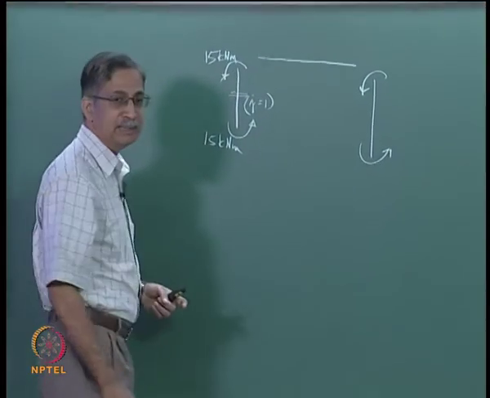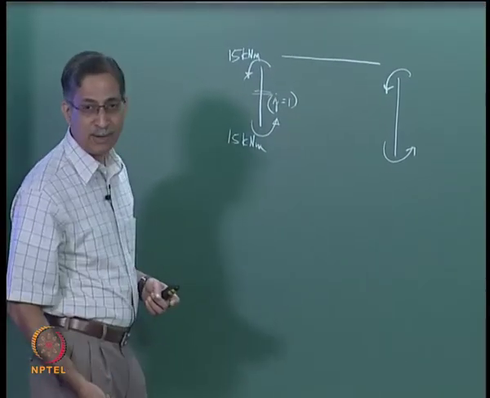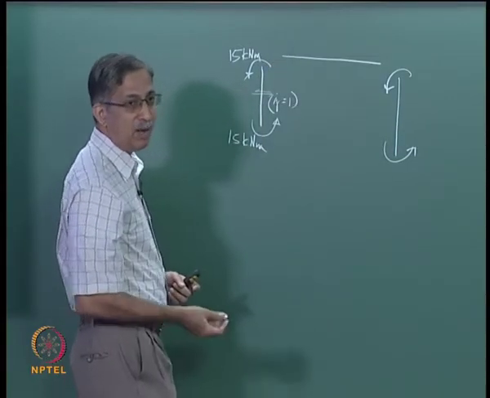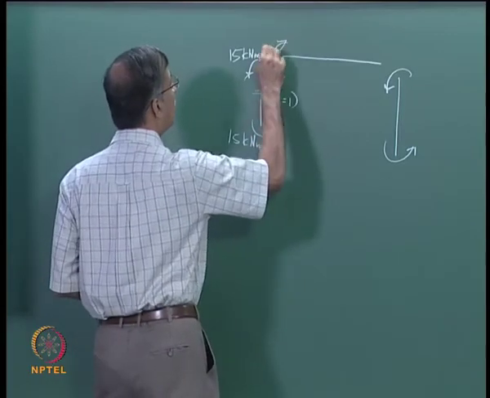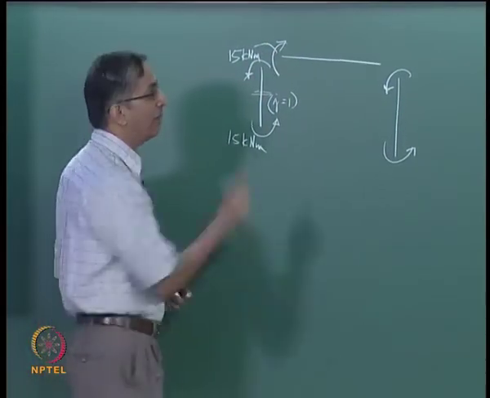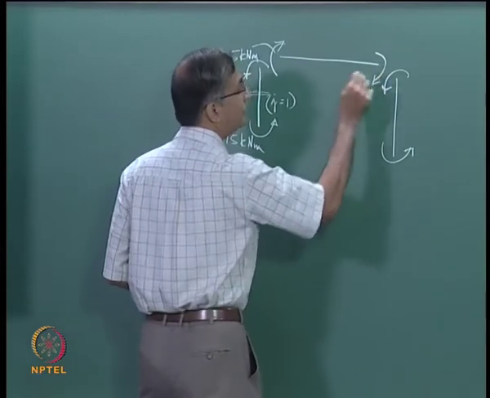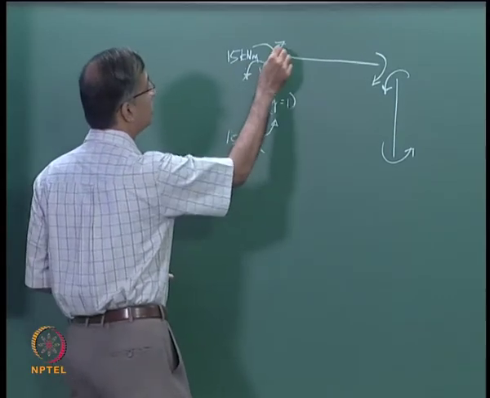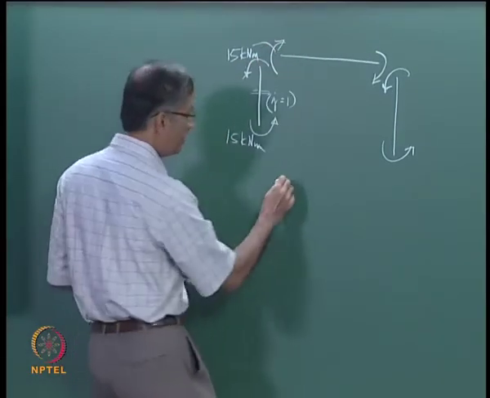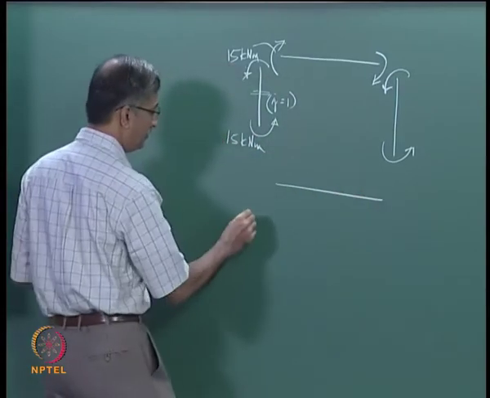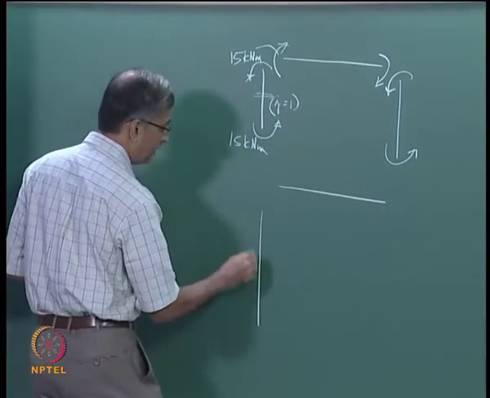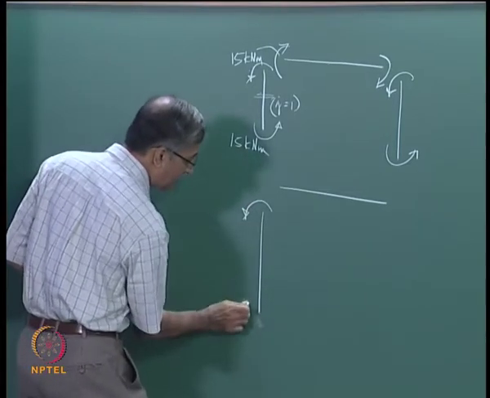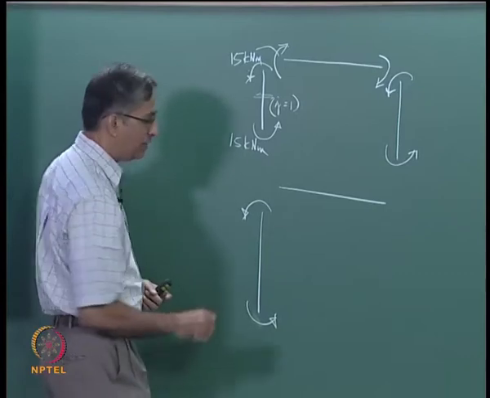Now equilibrium demands, or Newton's third law demands, that the beam end moment must be equal and opposite, so it will be clockwise, and it will also be equal to 15 kilonewton meter, both here and here. So it is as easy as that. What about the next level? So you have the second column, second beam, you have another column, so all the column moments are anti-clockwise. What was this value? 45,